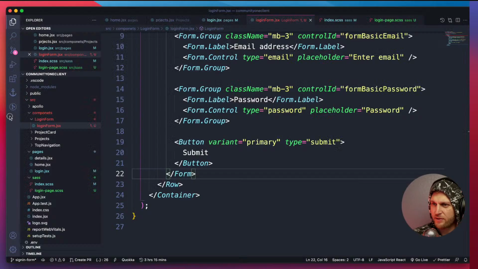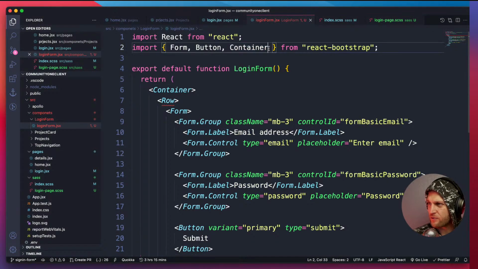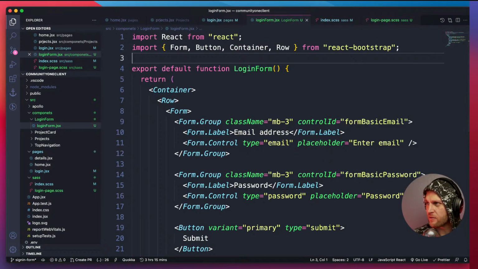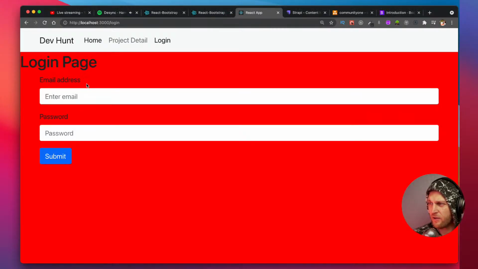And row is not defined. Don't forget to import stuff. So we have container, we have row. So what we want to do is make sure we always import the components we're using. So now if I take a look, it looks no different, but now we could break it down into this